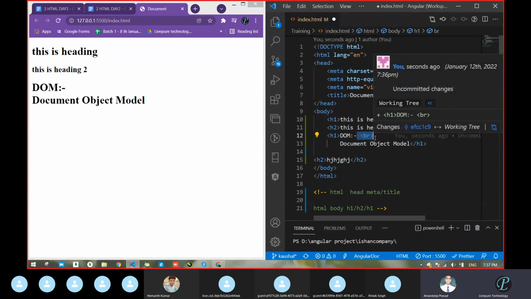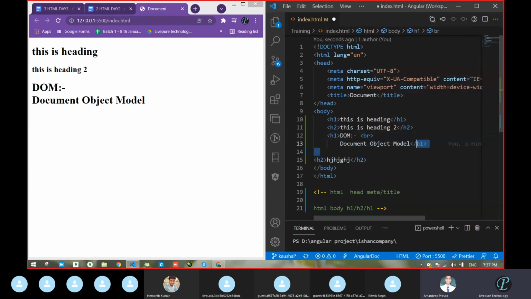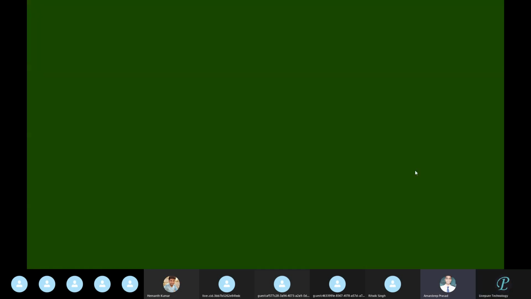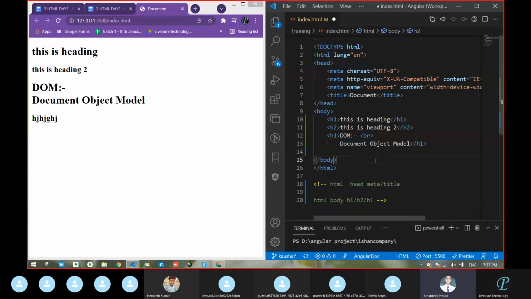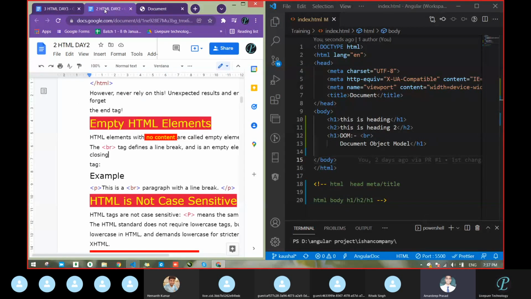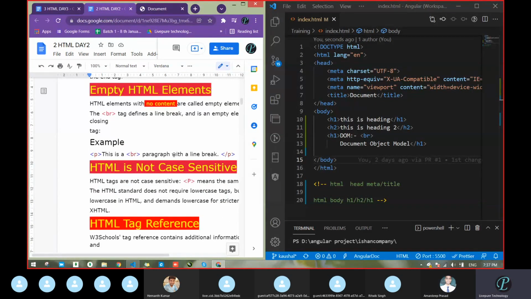Please note down this one by one tag because now we are discussing that tag. So the first tag is the BR tag. We are going to break our line and start in the new section. New section means new paragraph. Next day. Empty. Okay, now you can mute, somewhere noise is coming. So next, empty HTML element: BR tag.